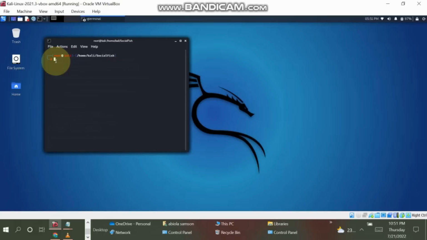This Socialfish is a tool that really helps us to do a lot of things online, a lot of attack and a lot of defense. So we'll go through the attack wing first before we dabble into the defend wing. First and foremost, if you really want to do anything with this, the first thing you're going to do is type GitHub